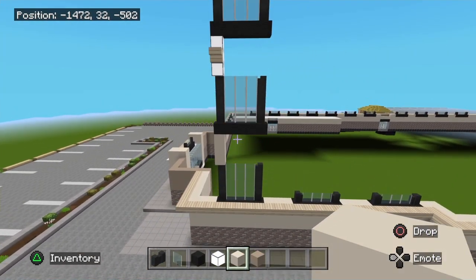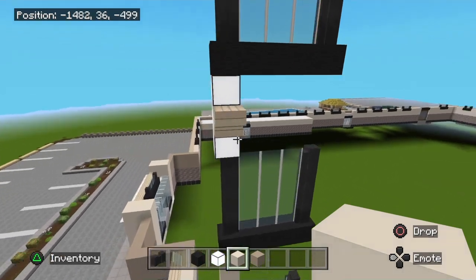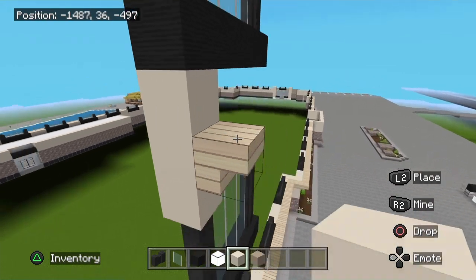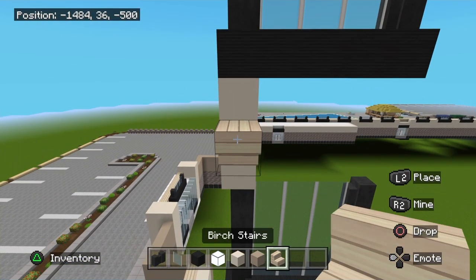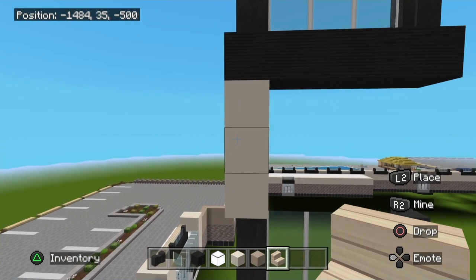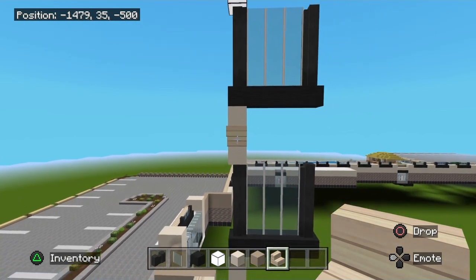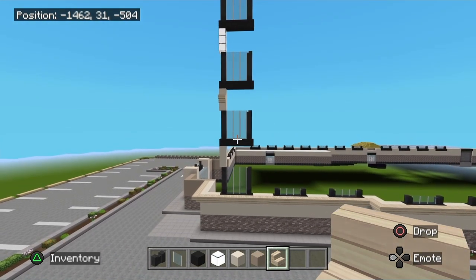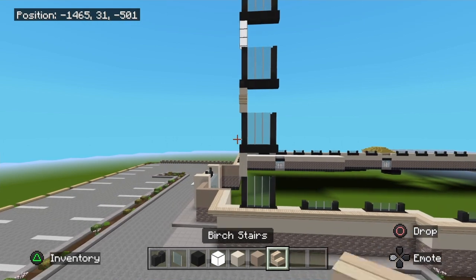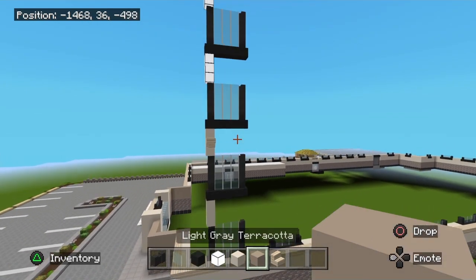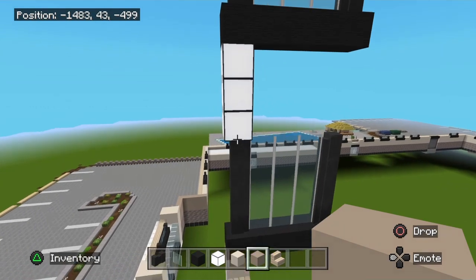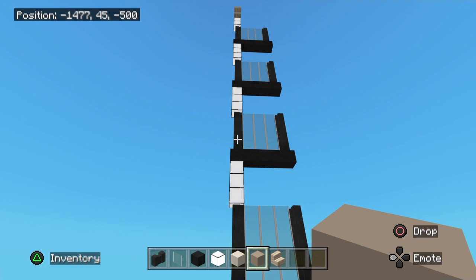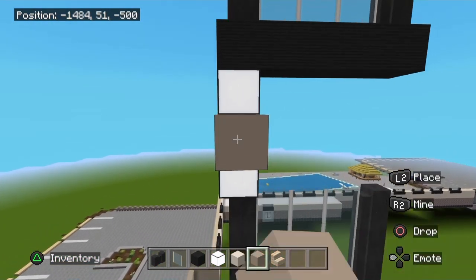Okay? The next window up, you're going to do the same thing with the same block. So right here, 1, 2, 3. Now you see I have a birch stair. Place it right in the middle, upside down, and now from there you're going to be using the other block, the light gray terracotta. So right here, these 3 blocks all the way up to the very top. So you're going to do these,